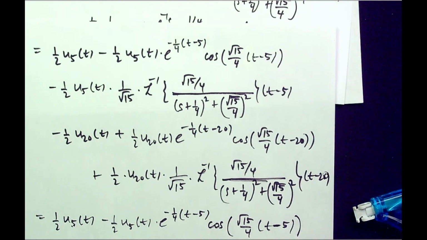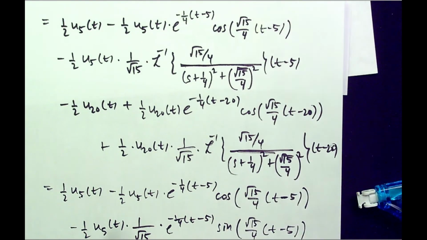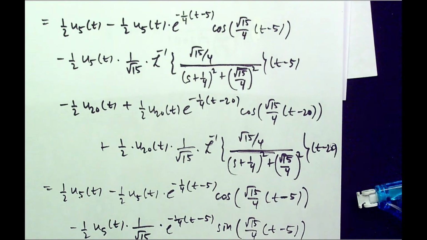Sine of square root of 15 over 4 t minus 5. And then the last two are like a repetition of some of those, but with 20 instead of 5. So minus 1 half u20 of t plus 1 half u20 of e to the minus a quarter t minus 20